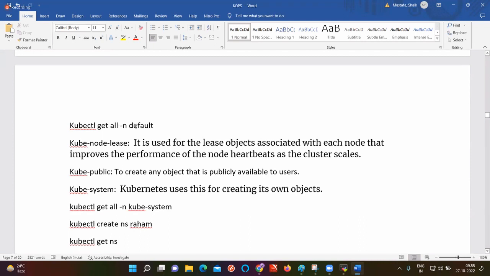Default means it will get the default namespace, actually. We need not explain anything. Default means it's the basic inbuilt value. Okay, and what is the meaning of kube-node-lease? It is used to lease the object. For example, if you create a pod, that is called your object. The lease objects associated with each node improve the performance of the node heartbeats as